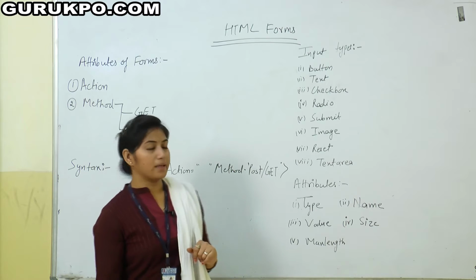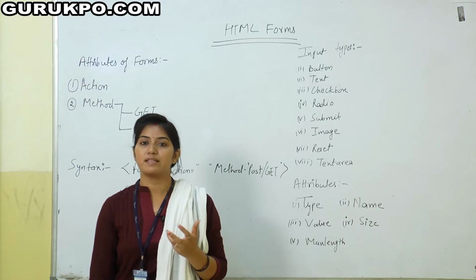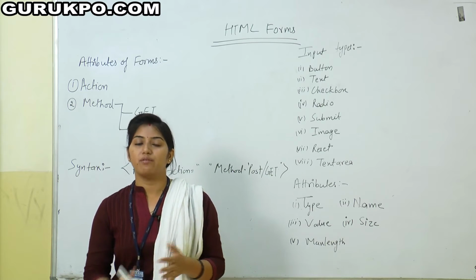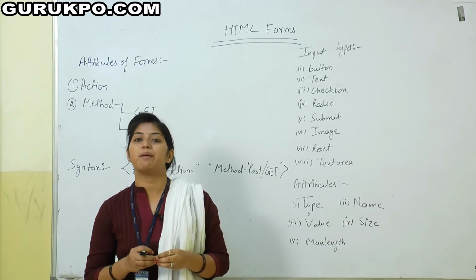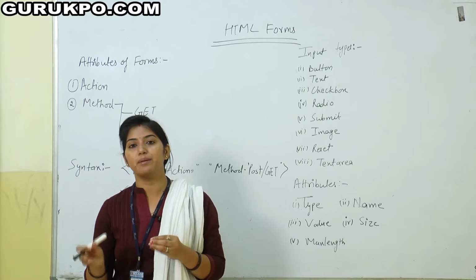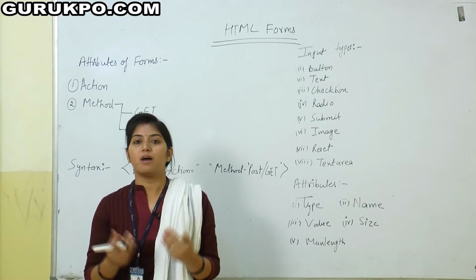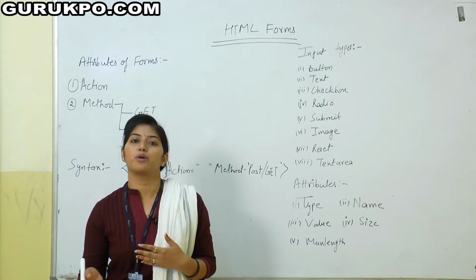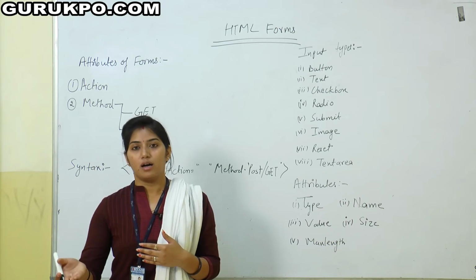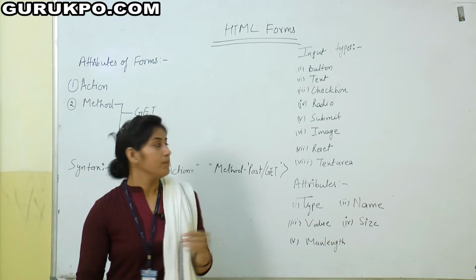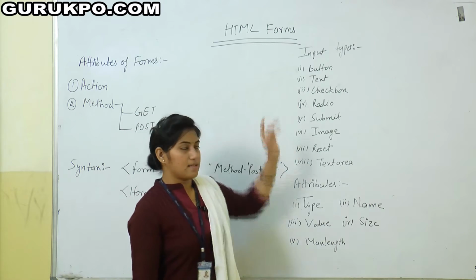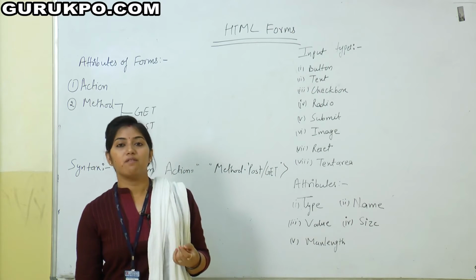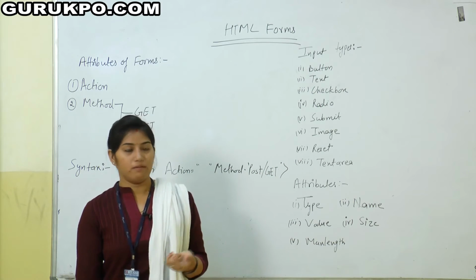If I talk about button, simply for submit, reset, there are different types of button. Whatever we want, we can create an image button, a submit button, or a reset button. It is up to you what type of button you want to create, we can do it with programming. It will be shown in the example. Next, text. It is a simple text element in which user input is given.